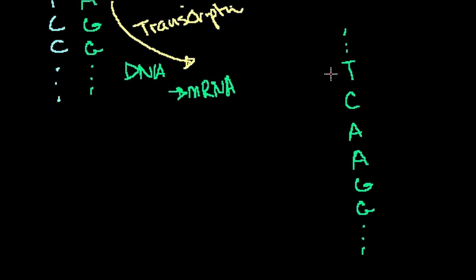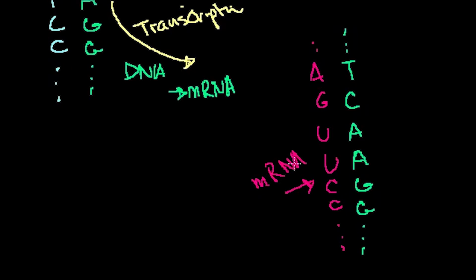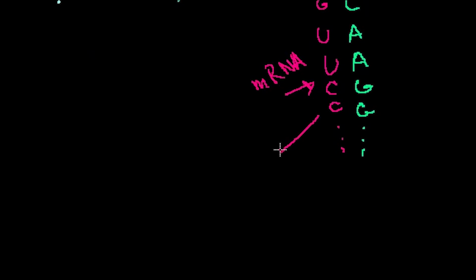And so thymine on the DNA side will pair up with adenine, guanine. Now when we talk about RNA, instead of thymine, we have uracil, cytosine. And it just keeps going. This is mRNA. Now, once this separates, that mRNA separates, and it leaves the nucleus, and then you have